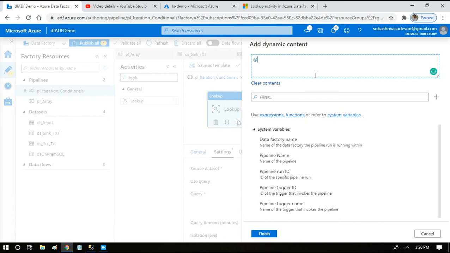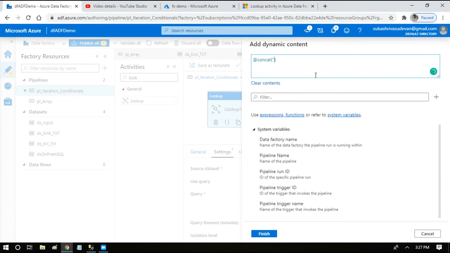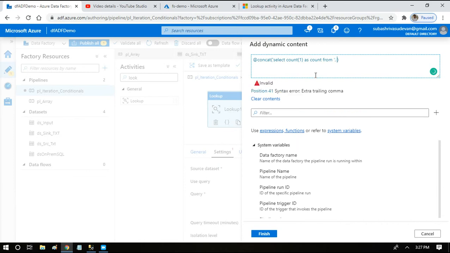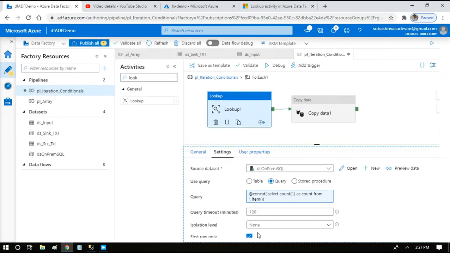Using that table name, we are going to build a select query. Inside concat, just use select count of 1 as count from table name. But the table name is brought by the item. Item is nothing but the for each loop. So our lookup is going to bring us the count of each table in each iteration.